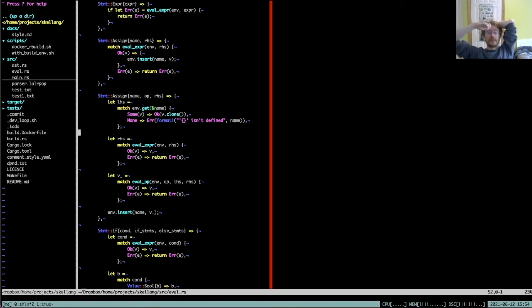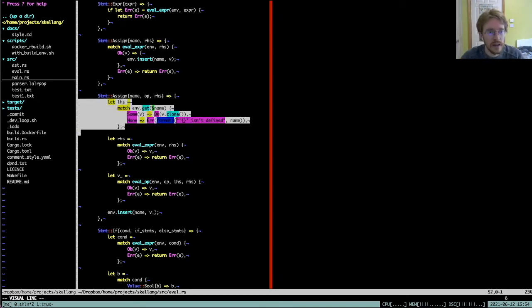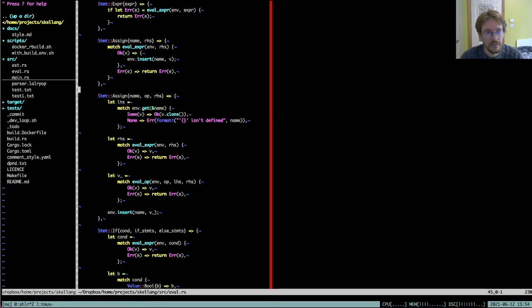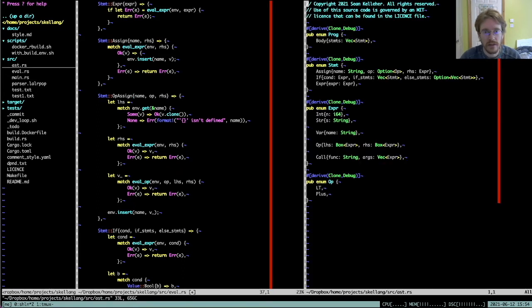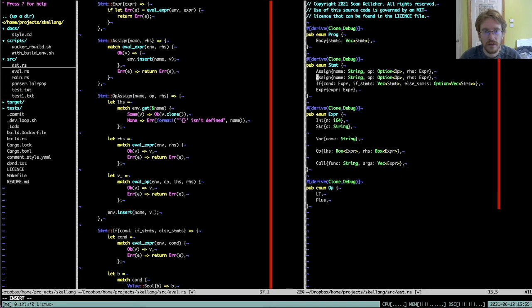It doesn't really matter too much, but if we want to keep this logic here, it'd probably work out a little better to separate this into an op assign. Okay, so I need to split things out. So op assign